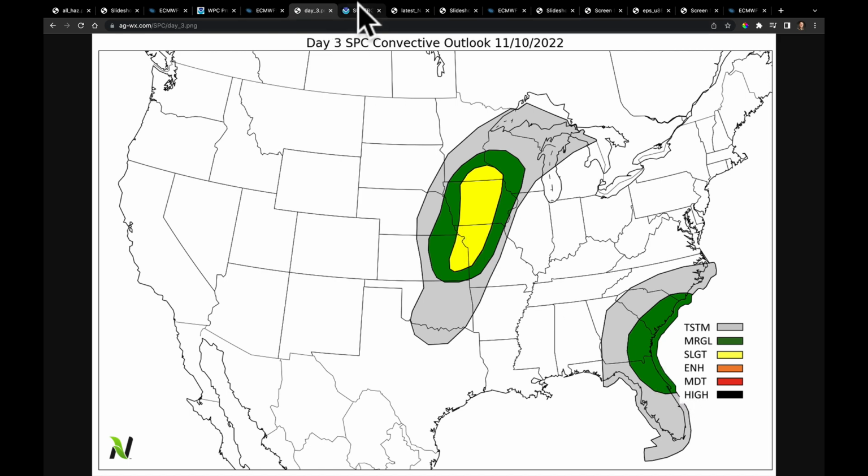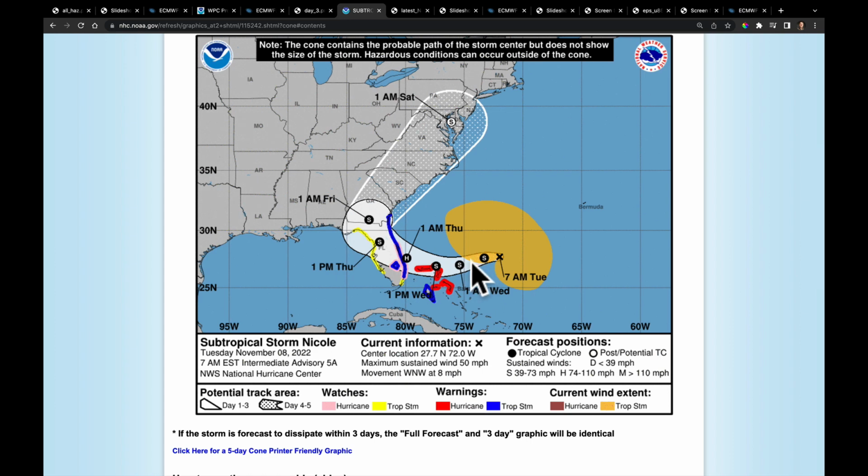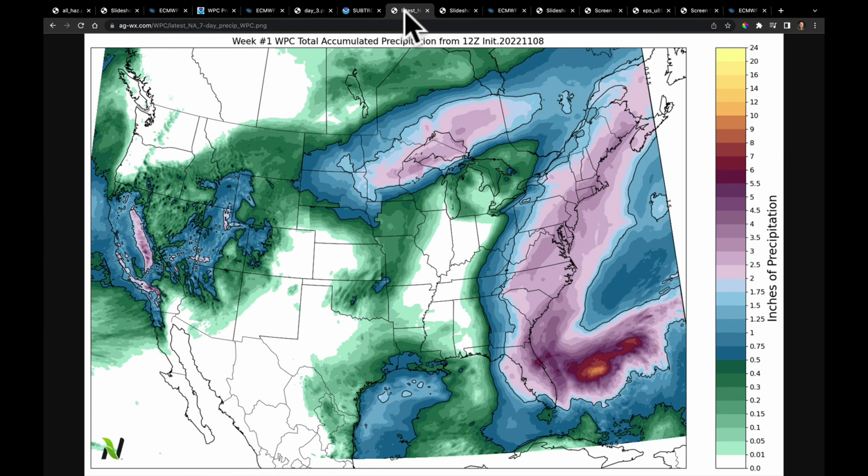Now let's talk a bit more about Nicole. This is the 7 a.m. update from the National Hurricane Center, and they are predicting Nicole to become hurricane strength, so winds approaching about 74 miles an hour here, but then moving its way across central Florida before making a hard turn north. And it's going to move quickly after it does this because of the way that the low that's coming out of the plains is going to have its front grab hold of it. So what we end up getting here is that system that comes out like this and then races on over through Canada,